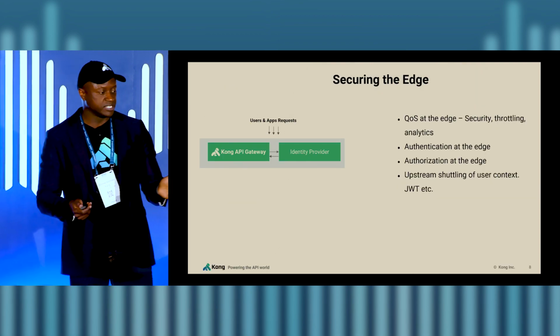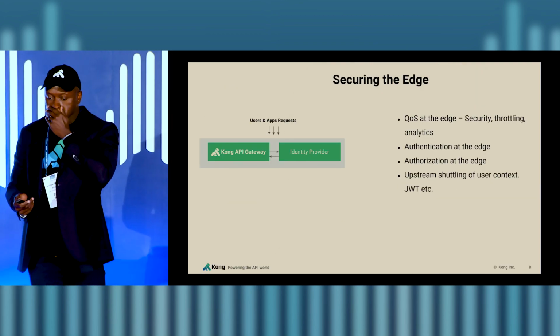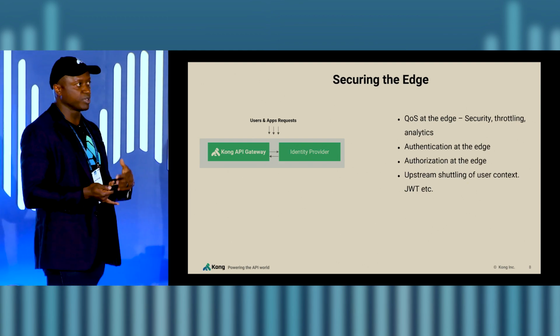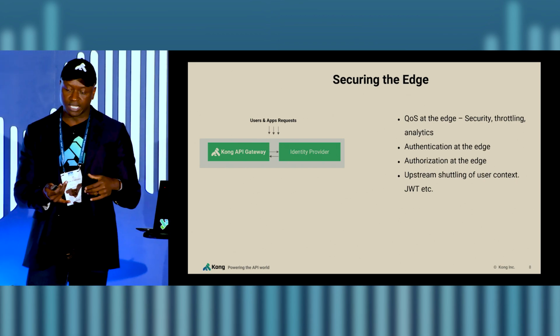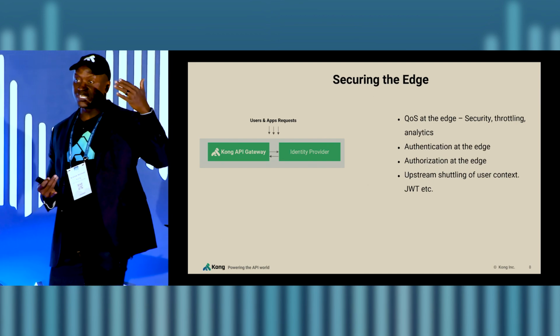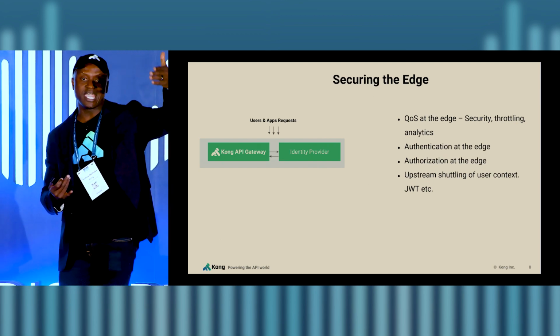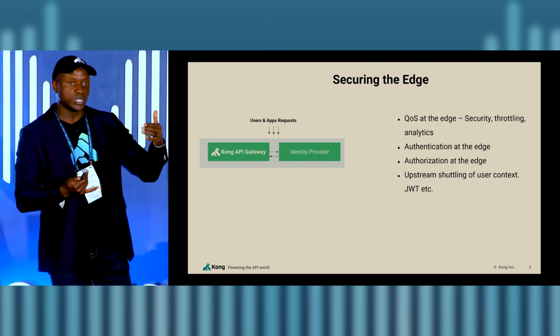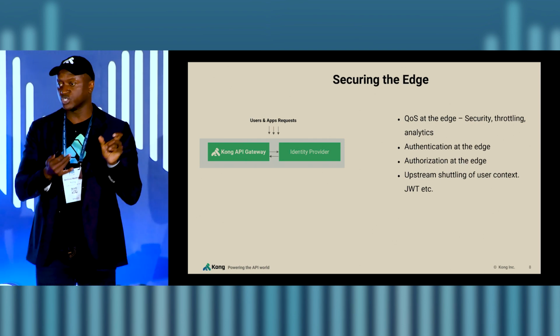Just to dive a little deeper into security at the edge, the API gateway affords us QoS at the edge. We can rate limit, for example, or throttle traffic and requests as they come through. We get analytics, and we're able to do authentication at the edge. We can verify who the user is as they come through to access our APIs and services. Eventually, we want to pass that information down to our services. And our service needs to make sure that as it receives that token that says Jim wants to access this particular API, it really is Jim.